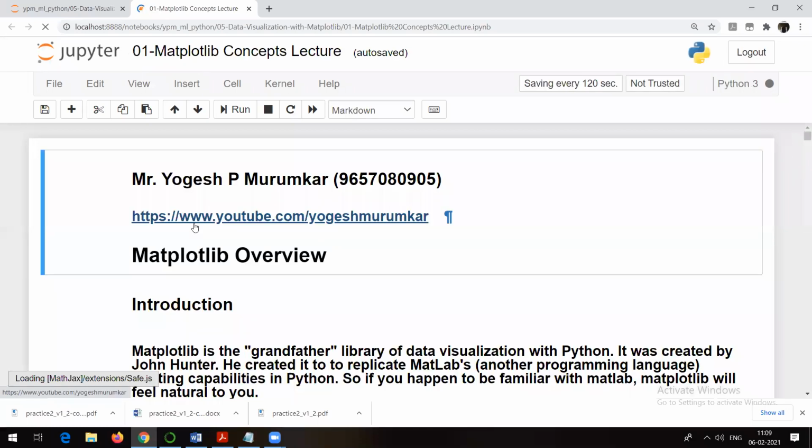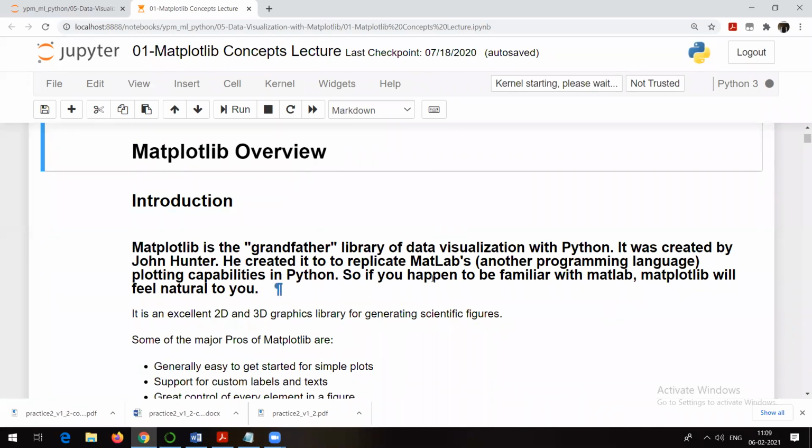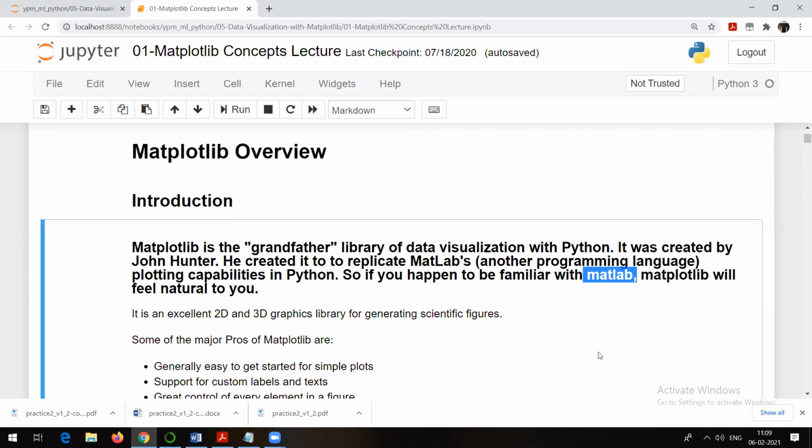So let's see what Matplotlib is and how you can plot simple graphs, simple plots with the help of Matplotlib, which you can make use of for visualization. Matplotlib is actually a library available in Python, which is built by taking a reference of something called MATLAB. There is a tool called MATLAB which is used to plot different types of plots and graphics. To make use of all the functionalities which MATLAB provides, in Python you have the Matplotlib package.